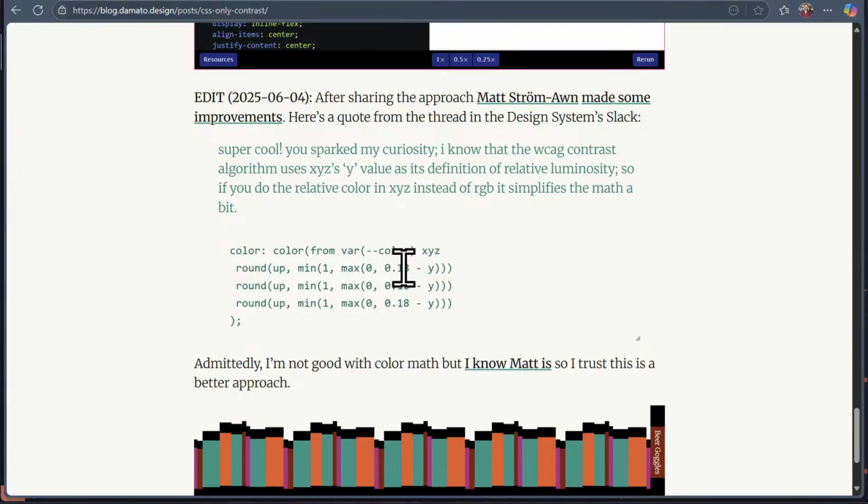Right, so he's going to subtract the luminance from this 0.18, which I'm again assuming is some part of the color math for contrast for luminance, and he's making sure that it is a max, so it's probably a negative number. Oh no, it's a fraction. It has to be a fraction between 0 and 1. Right, so that's what he's basically putting in through here, and out gets a, let's look at the CodePen,